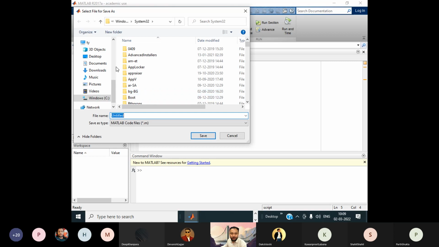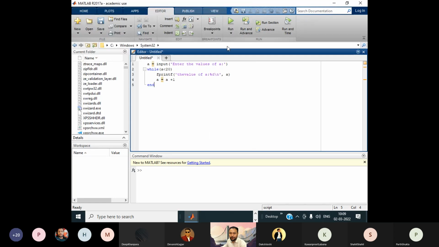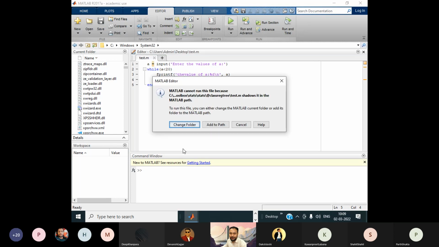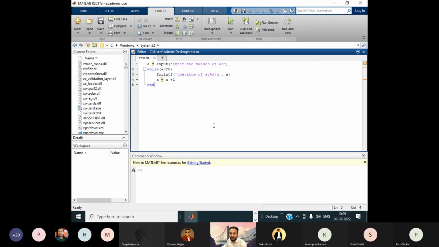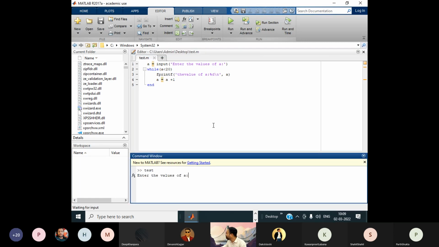Yes. Now next, if I put here test, save it. So now I can run here, right? Add to the path. Yes. See, here it is seen that change the directory or add to the path. Have you seen this one? Because